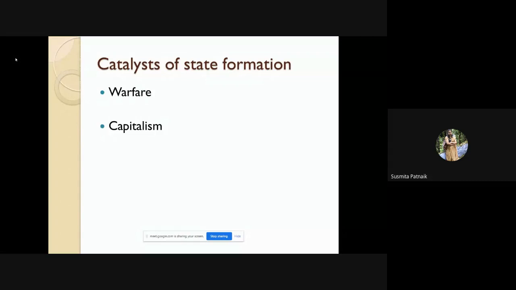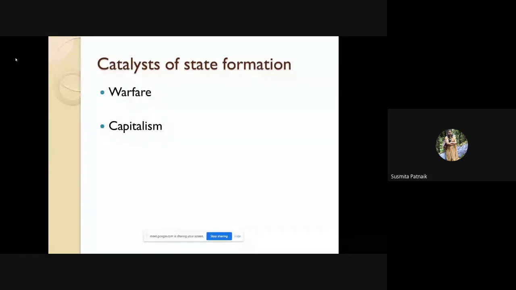The second thing is capitalism. What do you mean by capitalism? Capitalism is a process by which the state was formed. Take the example of Karl Marx. Karl Marx says that in a society where there is a difference between the owner and the landless, the proletariat and the owners, the war between them results in the formation of a state, and the capitalist state is converted into a socialistic state.